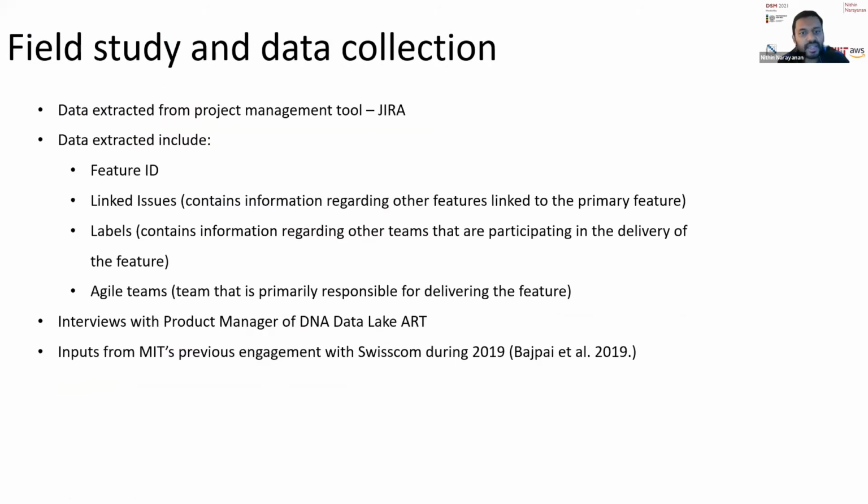So in the field study, our goal was to try and automate this rather than making it conversation driven and identifying dependencies. So we leveraged their project management tool called Jira, which holds this information. Jira is a very popular project management tool that Scaled Agile teams or Agile teams generally use for their project management activities. And they store information such as the user stories, features, who's working on it, etc.